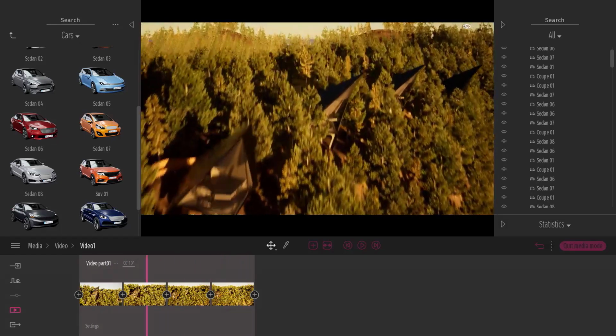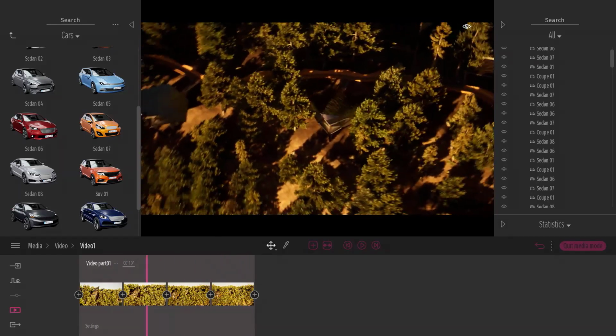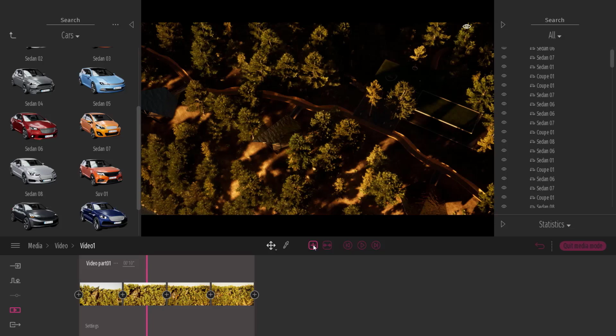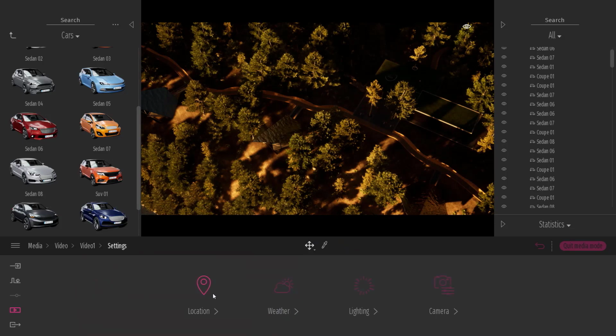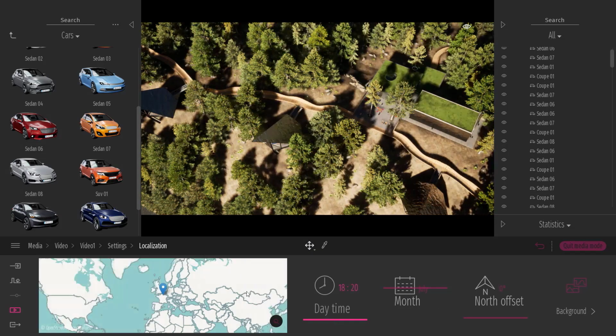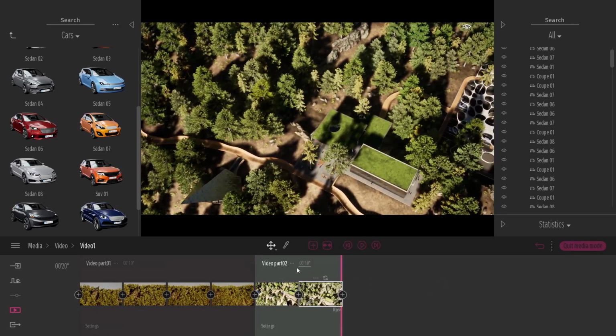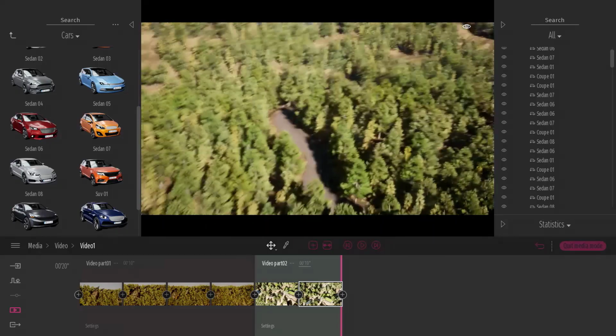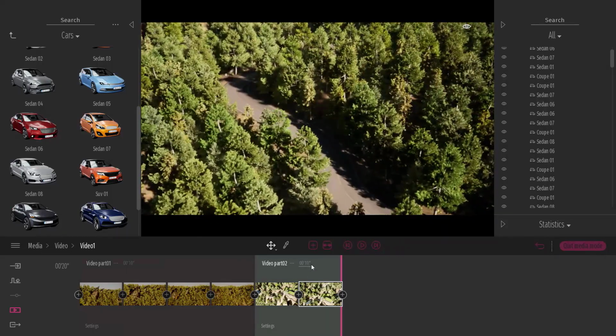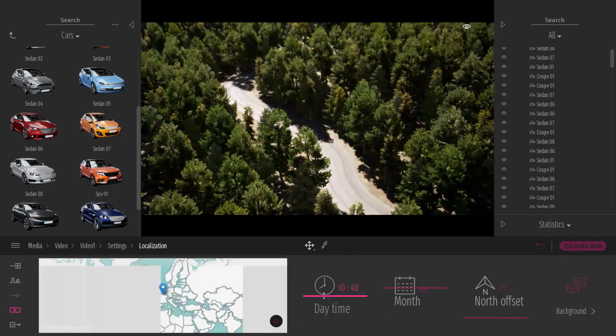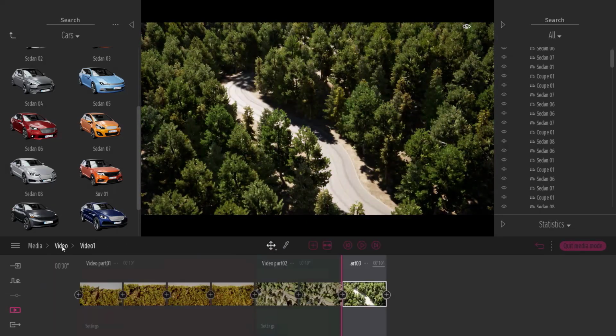I can create multiple clips. So let's create one like here. On this one again, just going to change the time of day, so we are not always in this nice sunset. We can also have a third clip maybe on the roads. Same thing here, just changing the time of day, so we can see a nice effect on the roads.